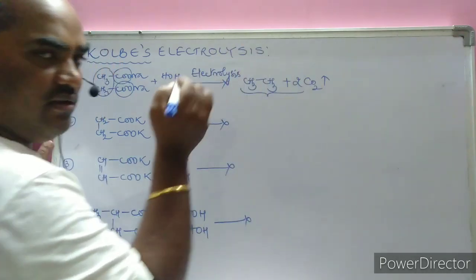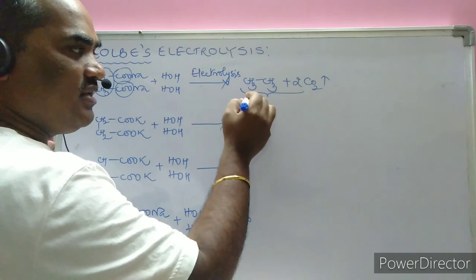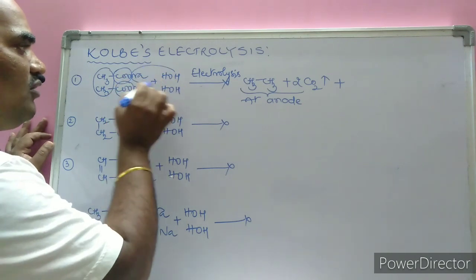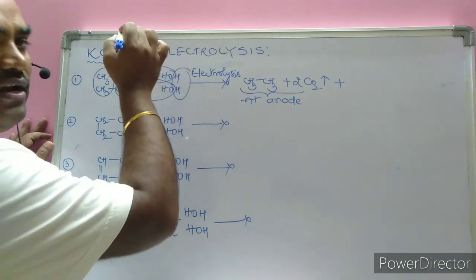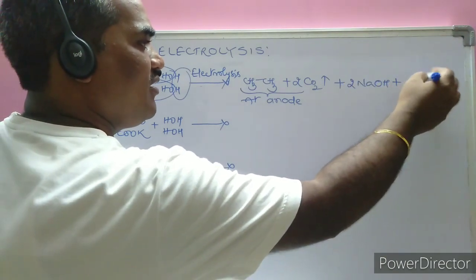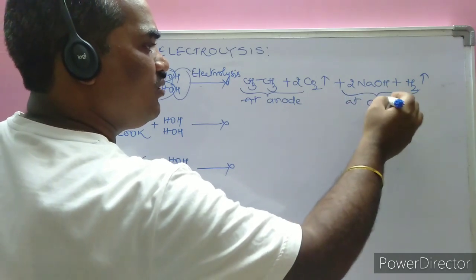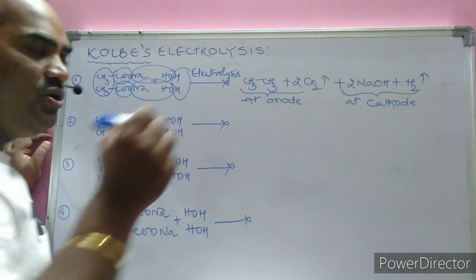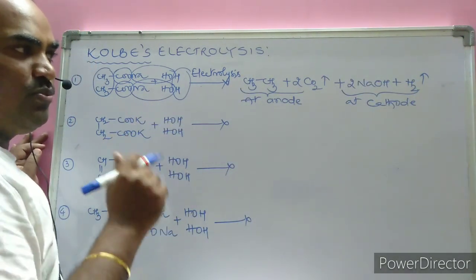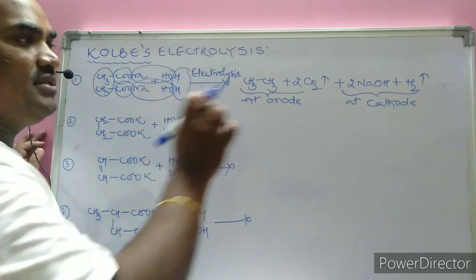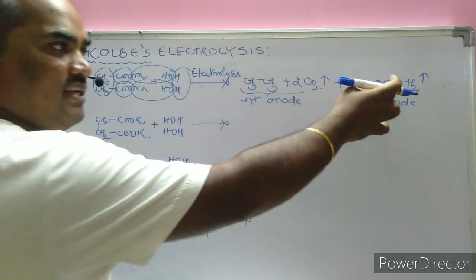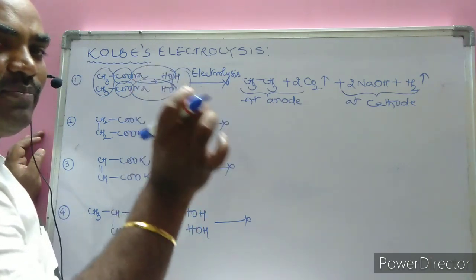As I mentioned earlier, the hydrocarbon as well as the carbon dioxide gas is liberated where? At the anode. And here is one molecule of NaOH, another molecule of NaOH, and H2 gas. Two molecules of NaOH plus hydrogen gas are liberated. Those are at the cathode. Very important thing that we need to remember here: except for metal hydrides, that means hydrogen combining with a metal element, except that, in all remaining cases the hydrogen gas is liberated at the cathode only. In the case of metal hydrides, only then is the hydrogen gas liberated at the anode.